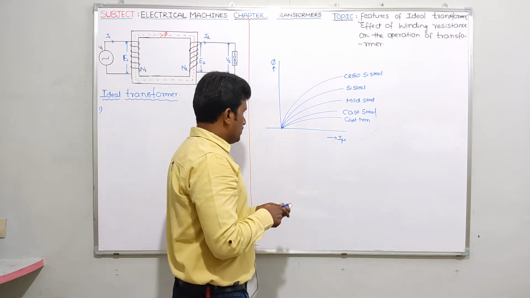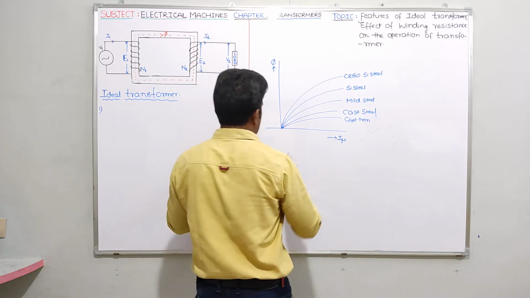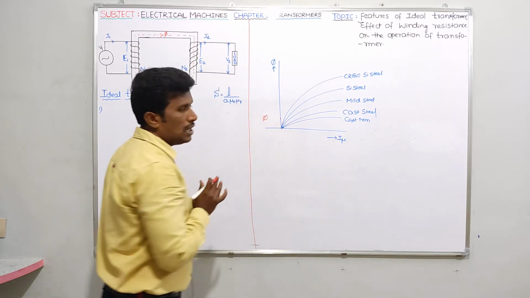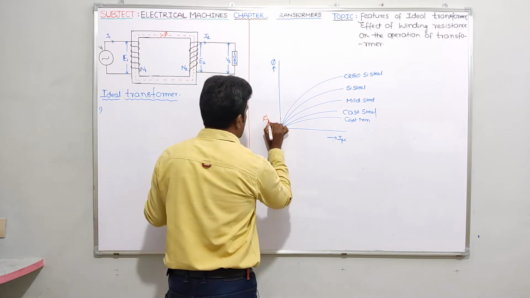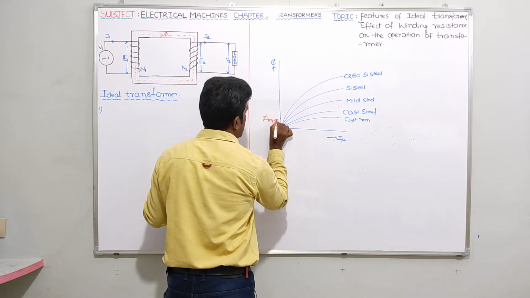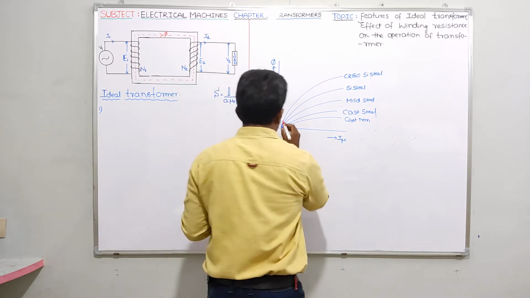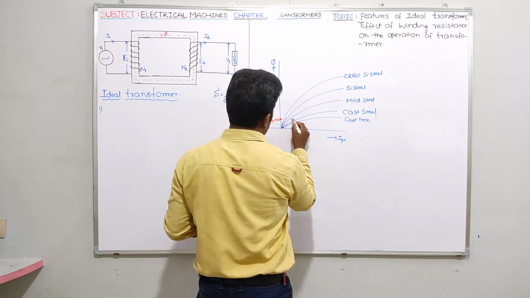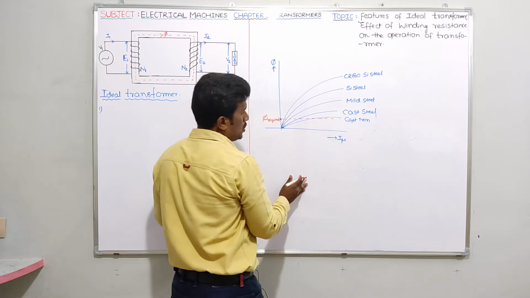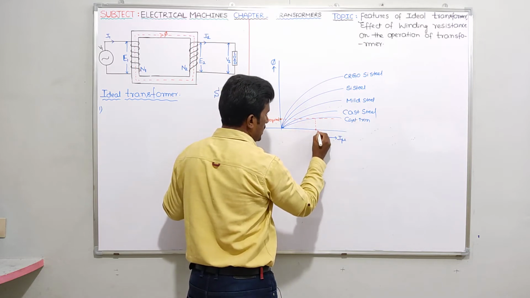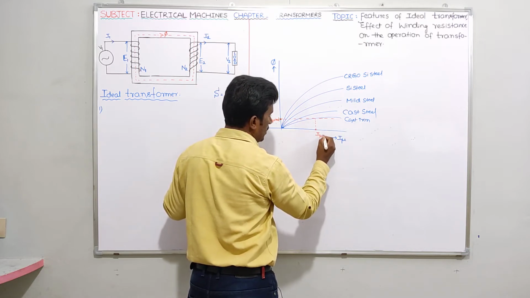See guys, let me ask one simple question here now. Suppose I need this much flux in the transformer core. Let me take it as φ required in the transformer core. To produce this much amount of flux, if the transformer core is made up of cast iron, it will take this much current, I_mu1.